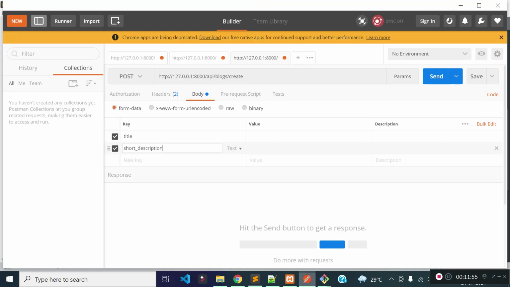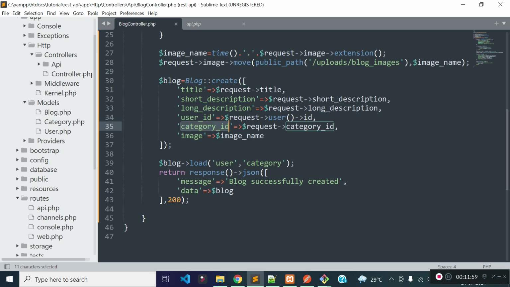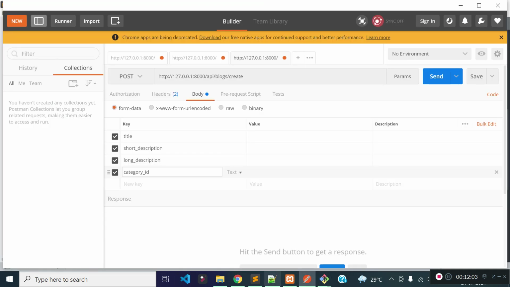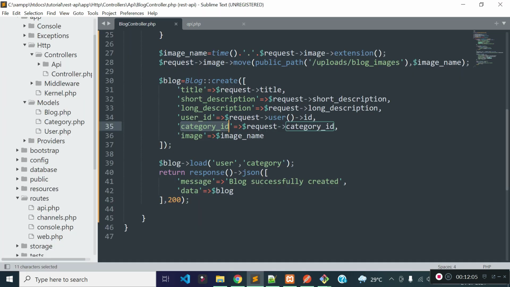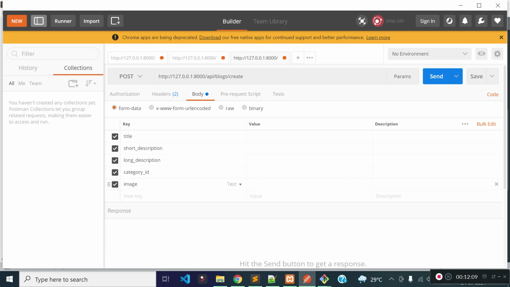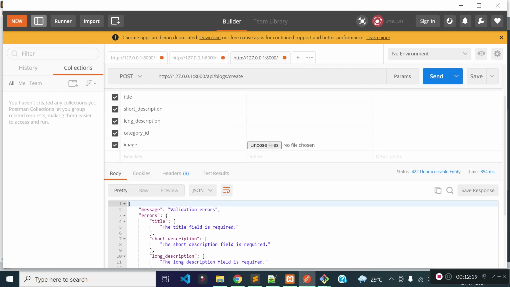We do not need to pass user ID with the body because we are passing API tokens with authorization header, right? So we do not need to pass user ID, and this image field should be file. Now let's check validation are working or not. You see validations are working.